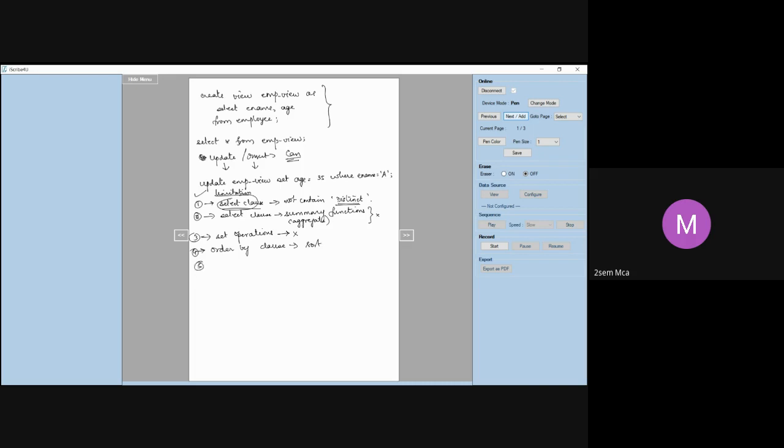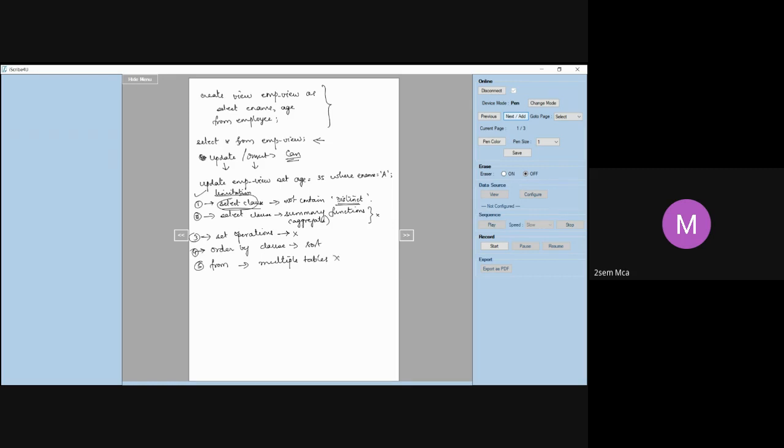Then the FROM keyword. When you are trying to put some queries on the views, when you use this FROM keyword, you cannot make use of multiple tables here. It is not allowed.